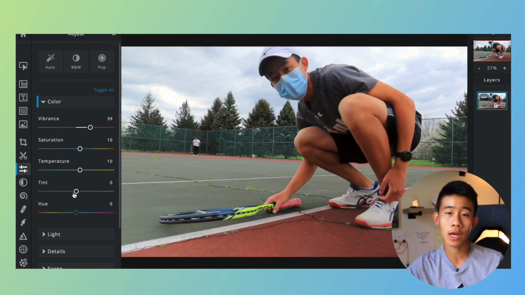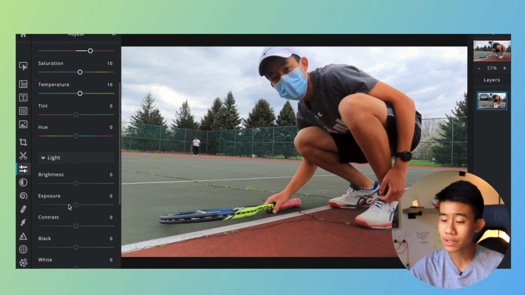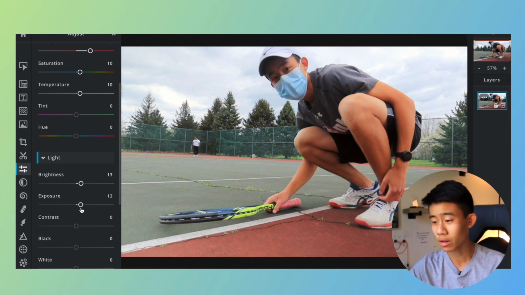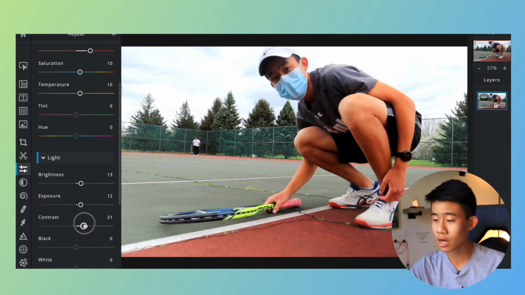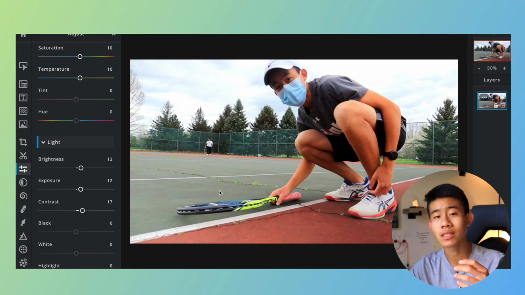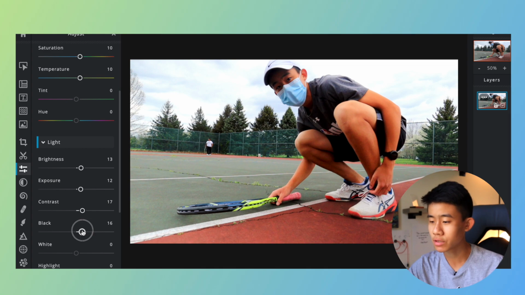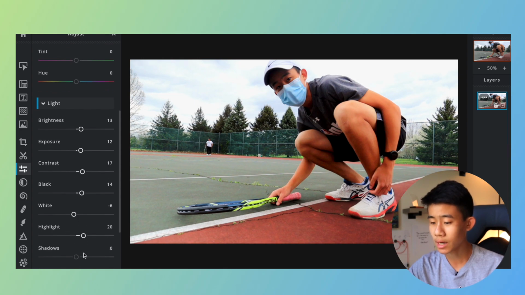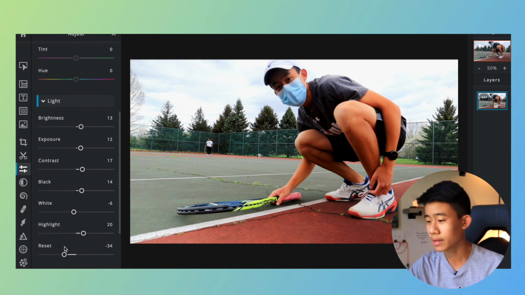I normally don't play around with the tint or the hue. For light, I adjust the brightness to make it slightly bright along with the exposure as well, because then I know to put the contrast up because I really like contrasty photos. It spices it up a bit and gives that really nice effect. Contrast at 17 here. I'll turn the blacks up. The whites, I think I can turn it down a bit because as you can see, if I go up too much, the sky over here is going to be a little bit overexposed, so I'll turn it down just a bit. I like to boost the highlights and turn down the shadows,